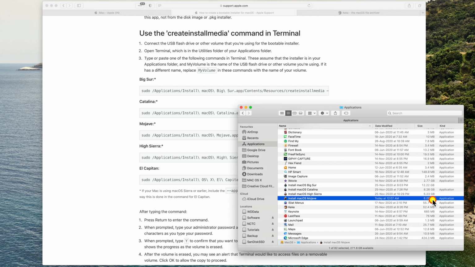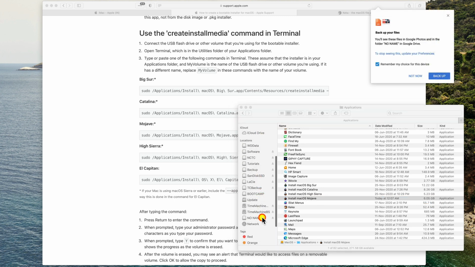So I will plug in a fresh new USB drive, and we should see it here.